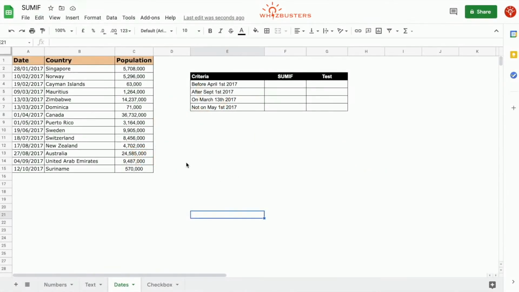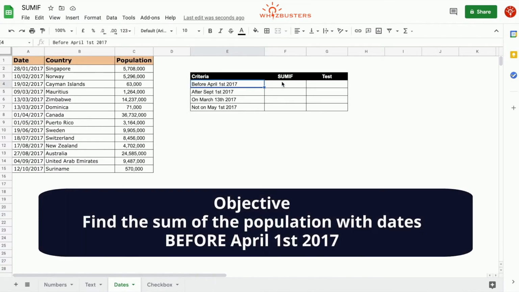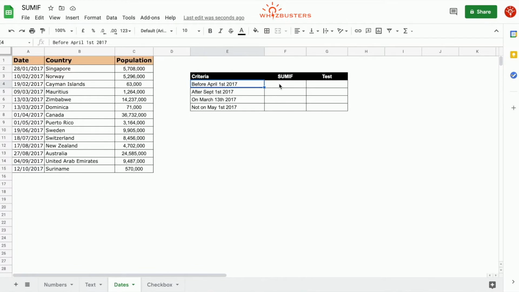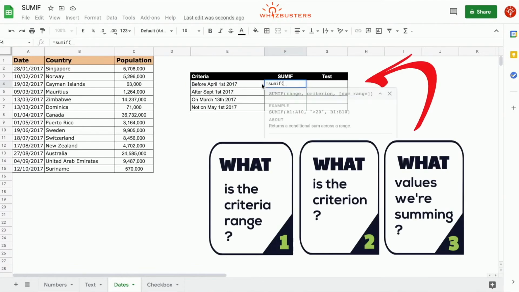In this table, we have a column with dates. The first row in this table is to find the sum of the population of all countries for the dates before April 1st, 2017. So if we use the SUMIF function, equals SUMIF, the first parameter is the criterion range,